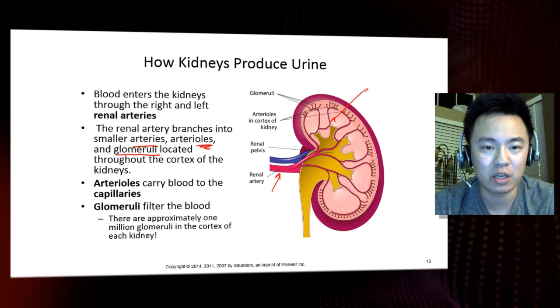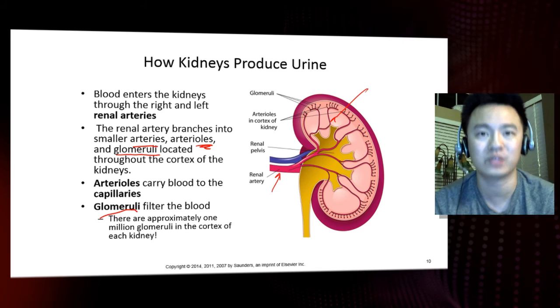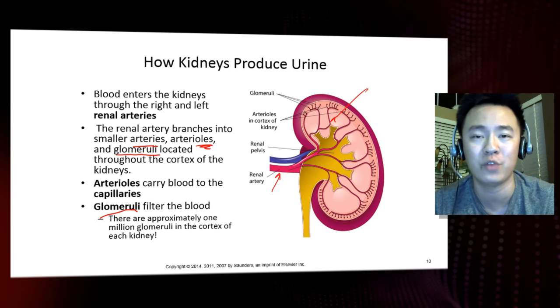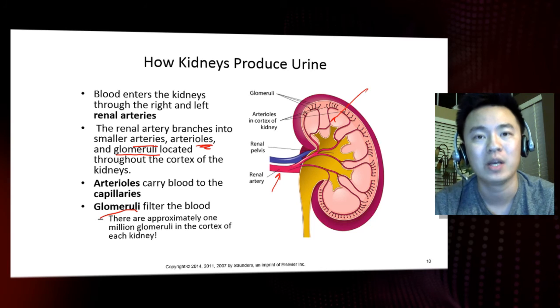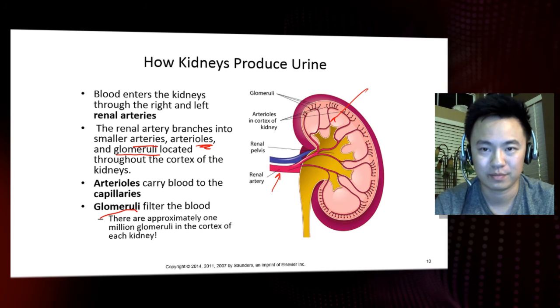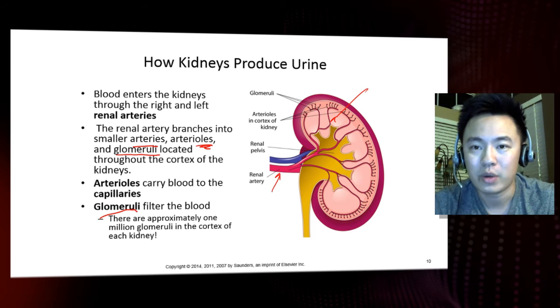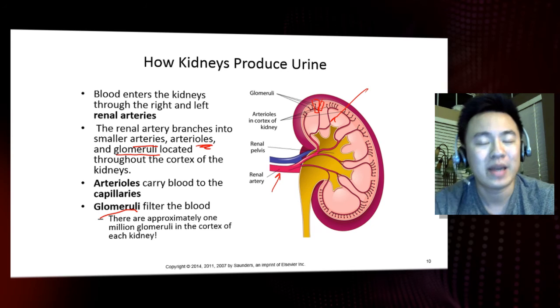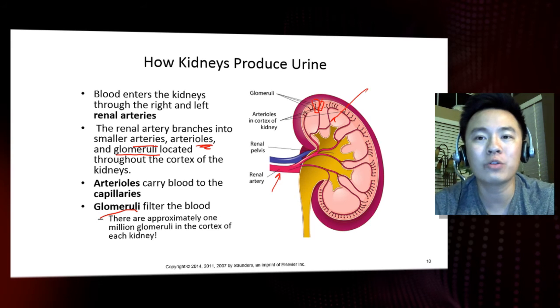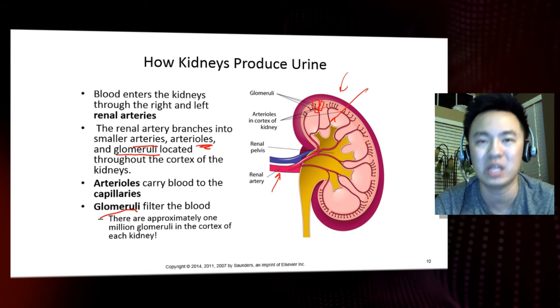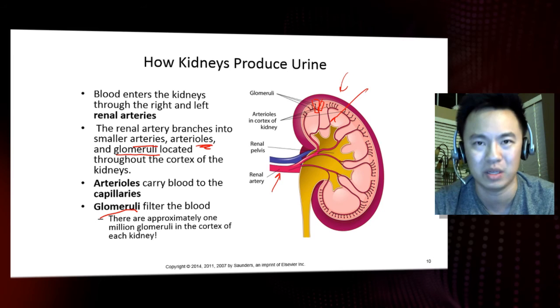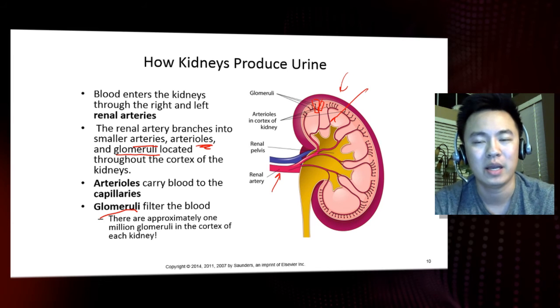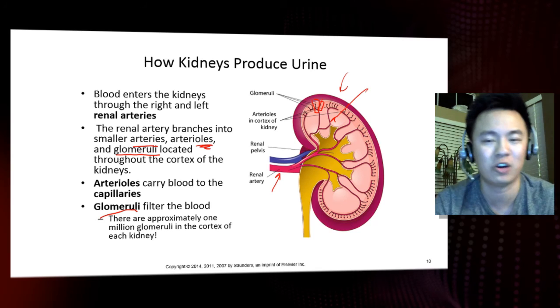The function of the glomeruli here is to filter the blood, to extract the nitrogenous waste from the blood, and to concentrate it in the form of urine that will eventually be expelled from your body. So as you can see here, each one of these little structures is known as a glomerulus. But here's the thing though, this diagram is a cartoon rendition of what the kidney looks like. This is not the actual number of glomeruli. You have millions of glomeruli inside of your kidney, millions of them. So don't take this image as being the actual image of a kidney. It's just a cartoon image.